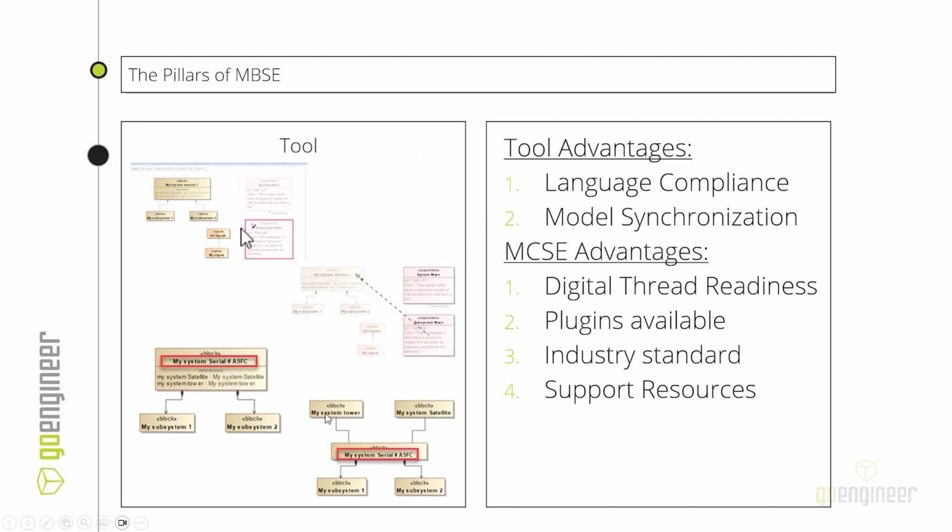As you can see, if you try to create some relationships that are illegal according to the language, Magic Cyber Systems Engineer at least won't allow you to create those relationships. So you won't be allowed to create any illegal models. Now, it doesn't necessarily stop you from creating bad models, of course, but you won't be able to do anything